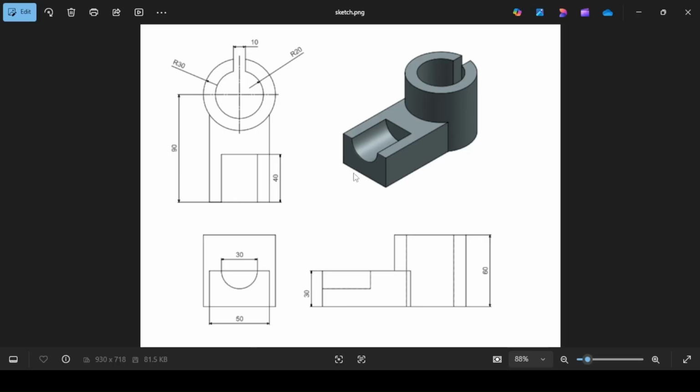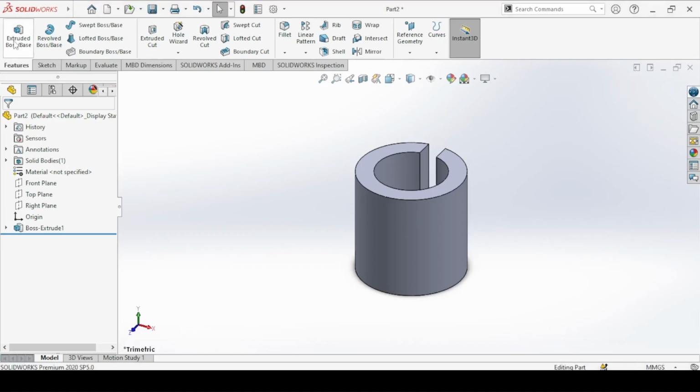Next, you have to add this rectangular block. So this is how we are going to do it. You're first going to sketch a rectangle here and extrude it so it can touch the circumference of the cylinder. So again, with the extruded boss base,